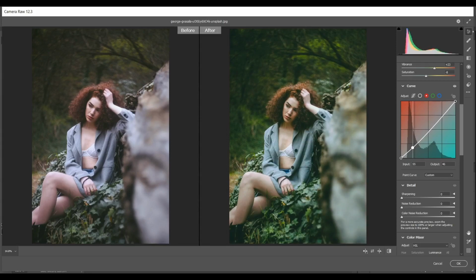and I want to add the opposite color of red, just a little. I think this is fine. So create a point like this and then go to the green, and now I think this is fine. And now another one. That's fine. And now go to the blue